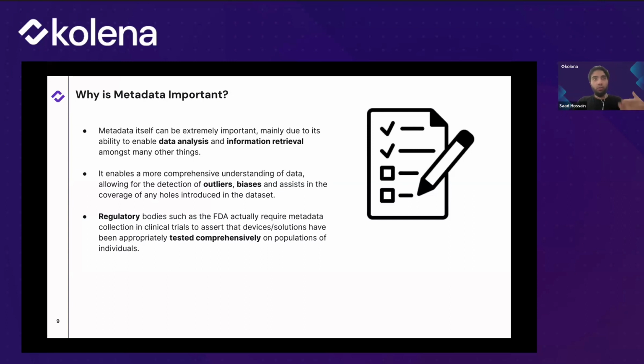It's the very reason when you look up a country and you see the population, you're able to see its breakdown by race, gender, age, occupation. You're able to see all these wonderful things because with every data record, there's a lot of metadata associated with that. In a machine learning context, or even a scientific or engineering context, when we look at a data set and we have rich metadata, we're able to detect outliers or biases and have a more comprehensive understanding of our data. We're able to look at it more holistically and understand it to a better degree.